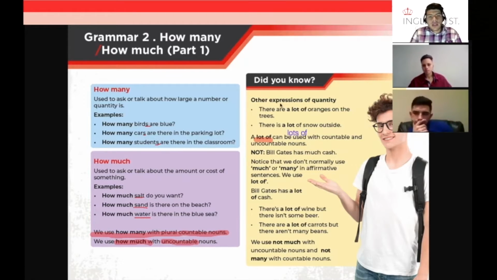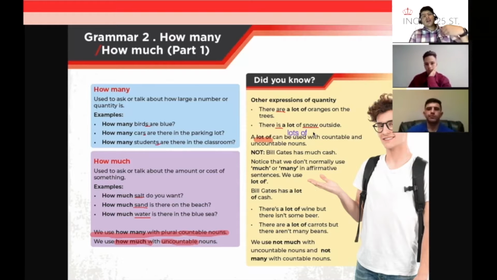Por eso es que podemos decir there are a lot of oranges y there is a lot of snow, ¿ok? Cuando lo utilizamos en singulares porque estamos utilizando con un uncountable. Entonces esta estructura es muy útil, es para hablar de mucho. Many Spanish-speaking people, muchos que hablan español, use the word many a lot. Utilizan la palabra many muchísimo. También utilizan too much, much, etcétera. La forma más correcta de utilizar y la más general, la más fácil de usar es esta, a lot of, o lots of, y es exactamente lo mismo.